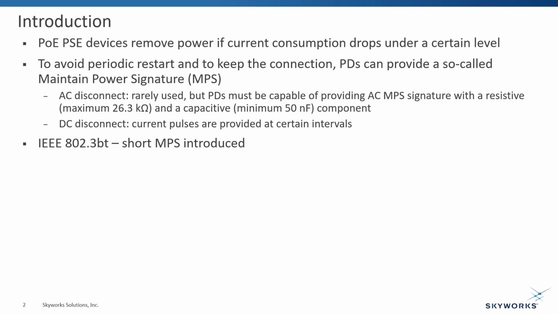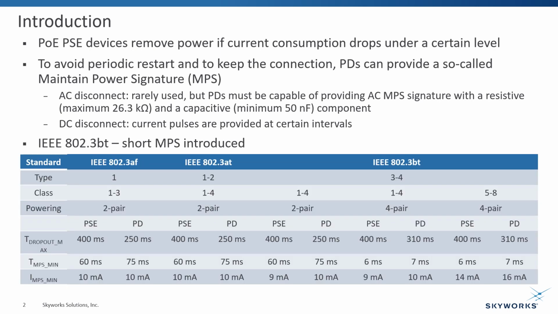The newest IEEE 802.3bt standard introduced the so-called short MPS, which requires even narrower pulses by the PD, minimizing current consumption even more. To indicate short MPS capability to the PD, the PSE provides a long first-class event. The following table gives a quick overview about MPS limits for the different standards and PoE device types. It is important to mention that these values refer to the input side of the PD devices. For the IEEE 802.3bt standard, these limits are assuming a single signature PD. For dual signature configuration, please refer to the corresponding section in the standard.